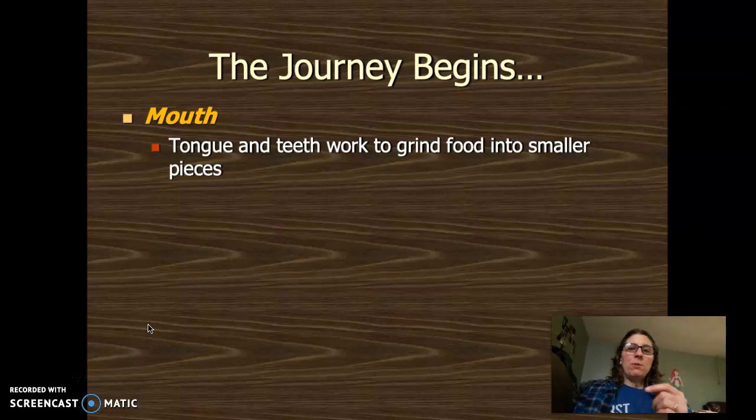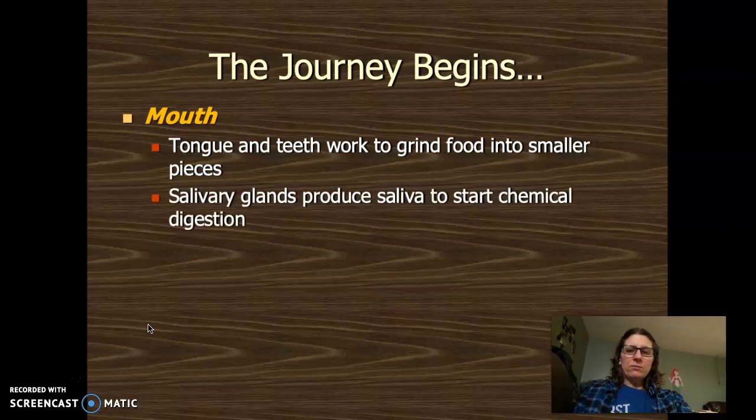That is mechanical digestion. And then also around your mouth, you have 3 sets of salivary glands that help to produce saliva to start chemical digestion. Now, you probably know that saliva is mostly water, and that does help to moisten the food, make it easier to swallow, easier to get down into your stomach. But the saliva also contains digestive enzymes,